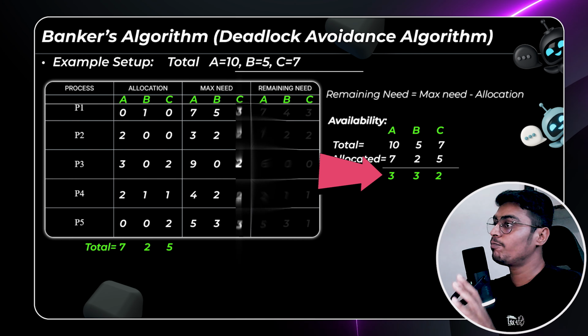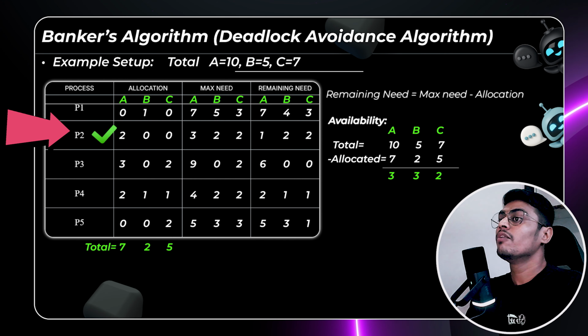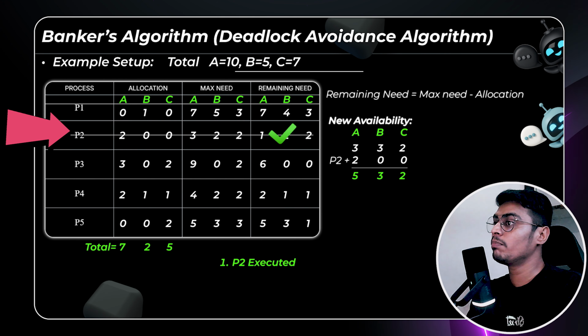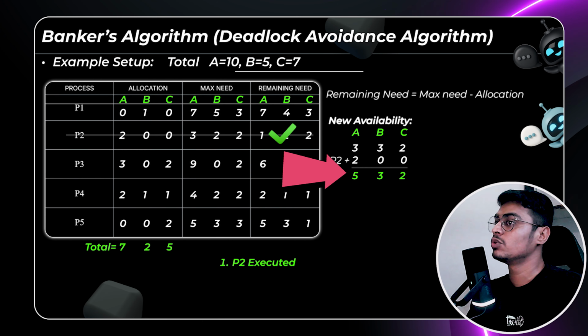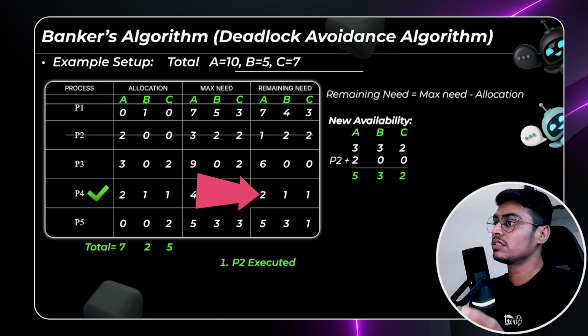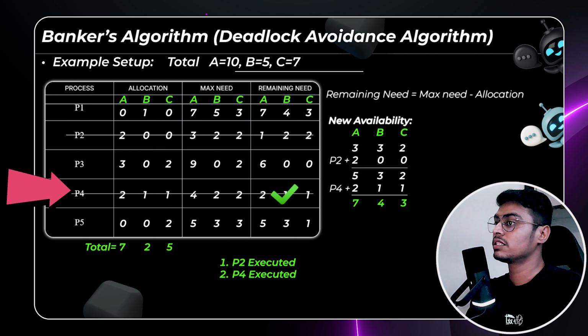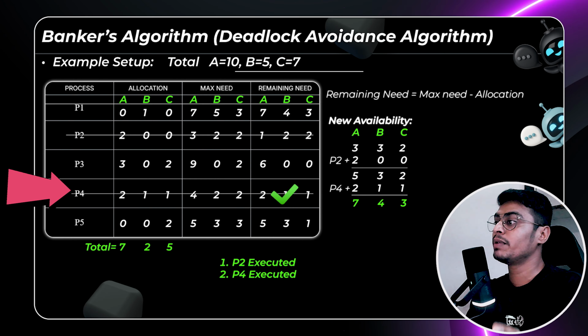For instance, if process P2 needs 1, 2, 2 resources and we have 3, 3, 2 available, we can satisfy P2. After P2 completes, it releases all its allocated resources, increasing our available count. We then check whether other processes can now be satisfied or not. If we can create a sequence where all processes complete, P2 first, then P4, then P5, P1, P3,